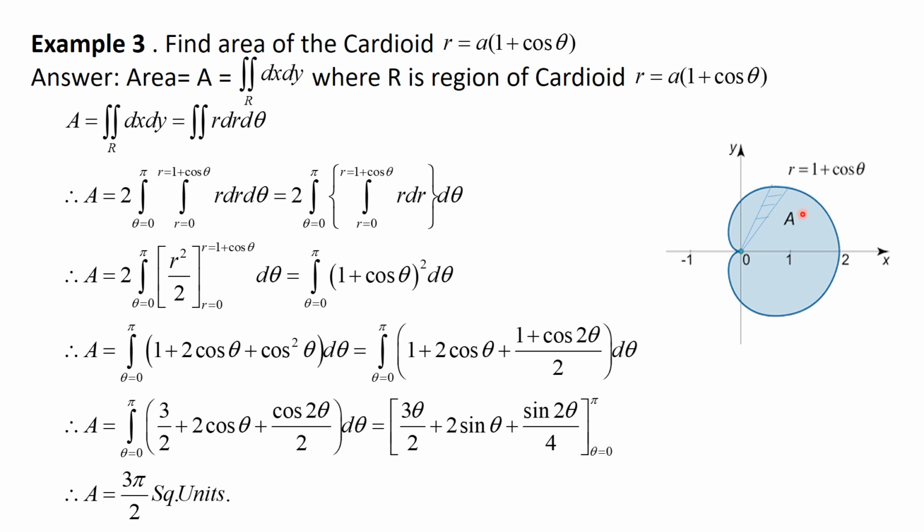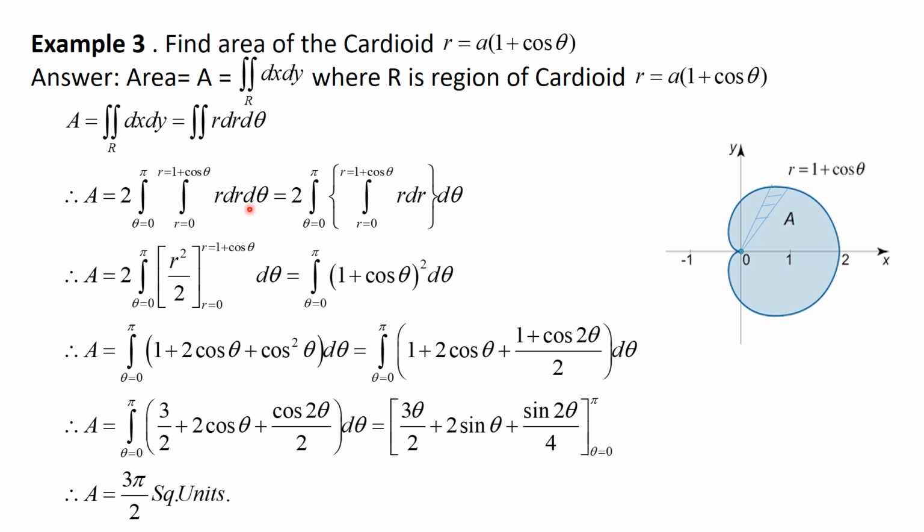Since the curve is symmetric about x-axis, so we consider the area for upper half region only, and that can be considered as twice. So 2 times integral of upper half region r dr d theta, where r varies from, so consider this strip, so r equal to 0 to r is equal to limit 1 plus cos theta, so r equal to 1 plus cos theta, and the value of theta we need to consider from first to second quadrant, that is above x-axis, and hence theta varies from 0 to pi.